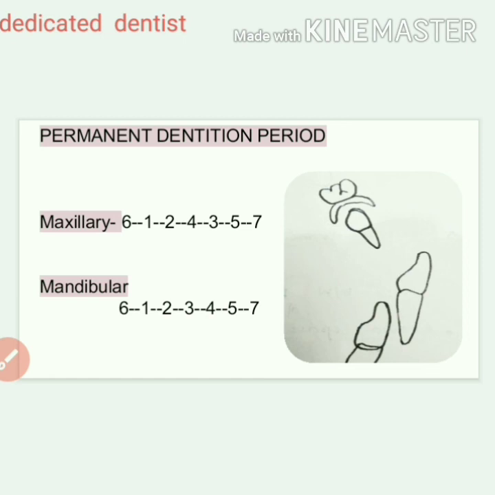maxillary teeth. That is, first the molar erupts, 6, 1, 2, 4. Usually in the maxillary arch, the premolar erupts before the canine, and in the mandibular arch, the canines erupt before premolars. However, this is not always the case. Like I said, there are always variations. So the dentition exhibits many variations, but this is the most frequently seen.